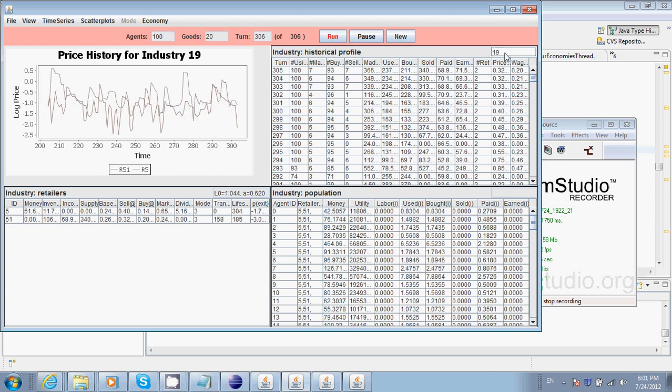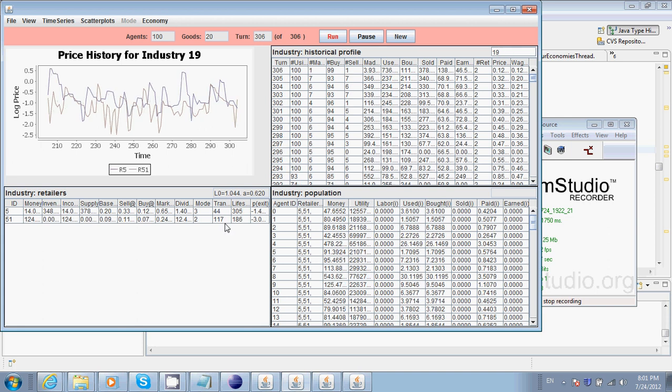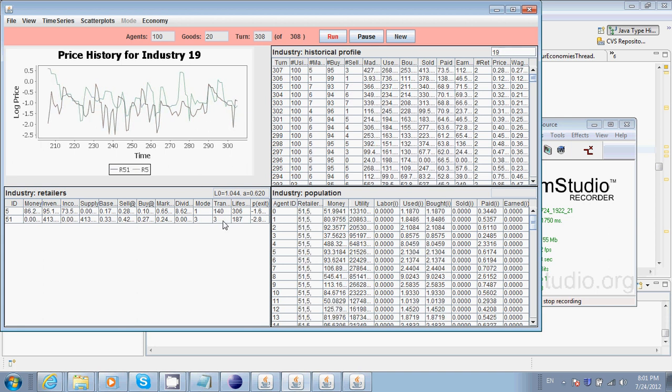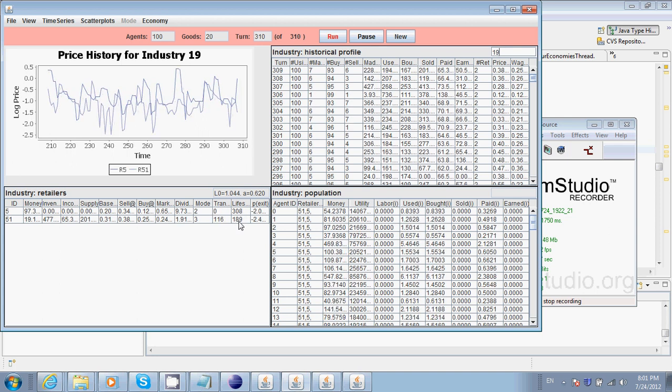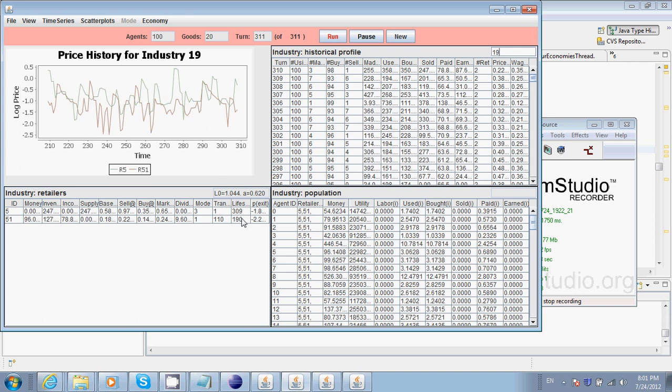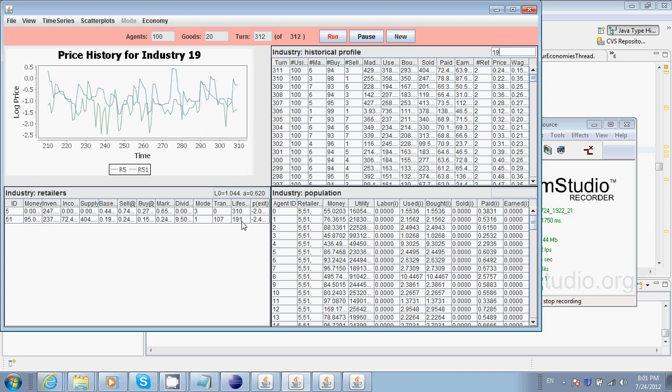So we can look at industry 19. So this is a different one. This is kind of like a duopoly. You've got two retailers. They've both been in business for a while, competing with each other. And yeah, for now they're both in business. It's likely that at some point one of them is going to drive the other out, but for now they're